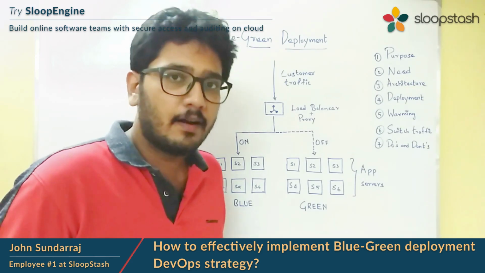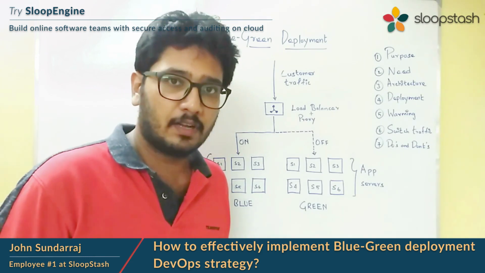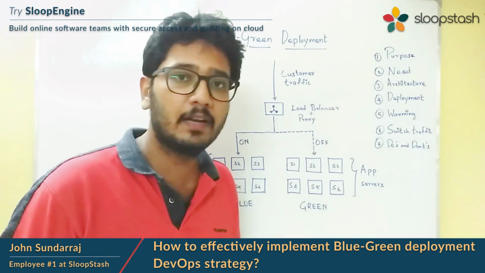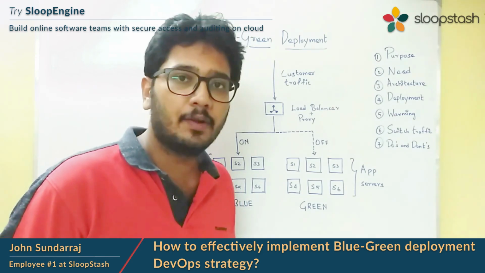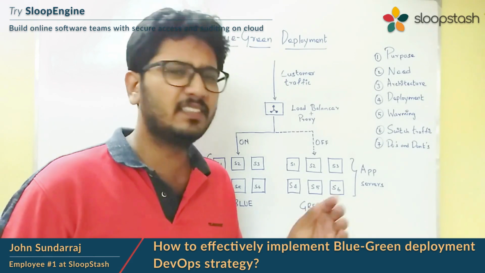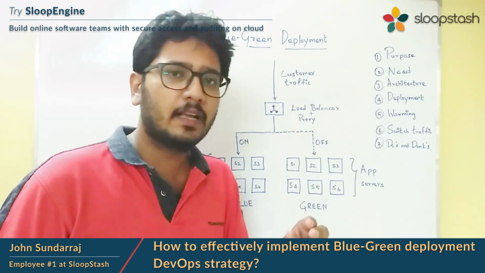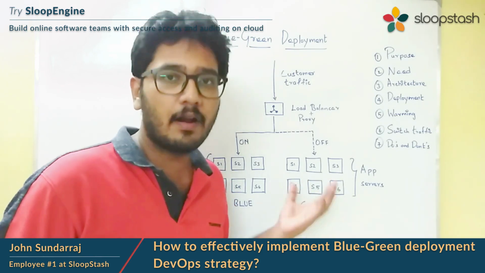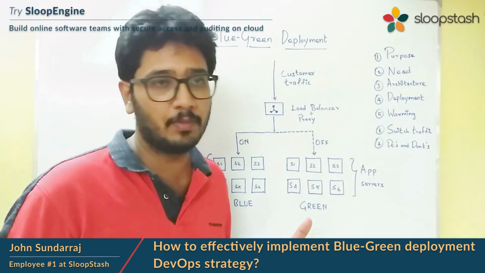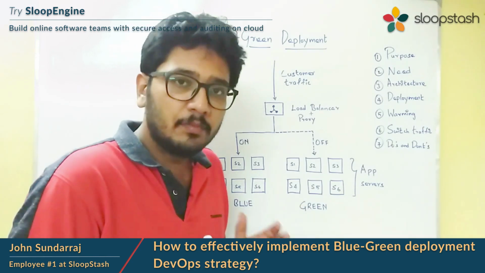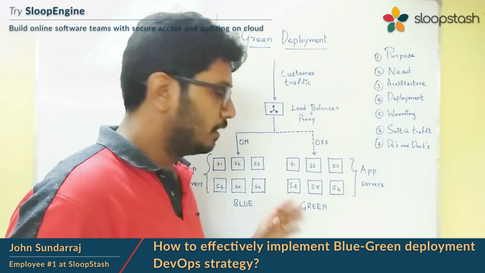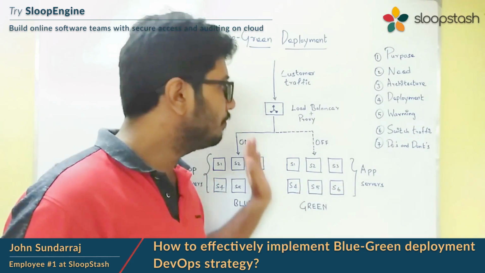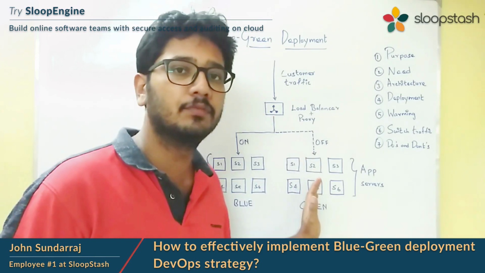If it is not ready to serve that huge amount of traffic, suppose your customers are hitting your load balancer at the rate of 1 million requests per minute, and you try to divert even 1 lakh requests to this fleet of servers, it will definitely go down, because it is not ready for that. That is the whole purpose of warming. We need to simulate artificial traffic and hit random URLs in the application servers before we divert any real customer traffic to this green fleet.